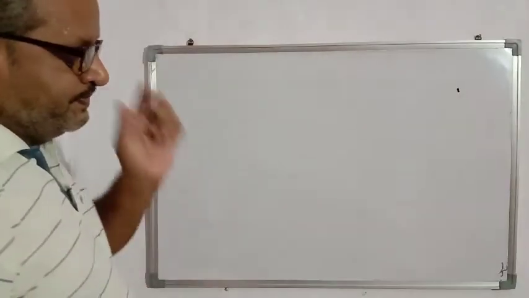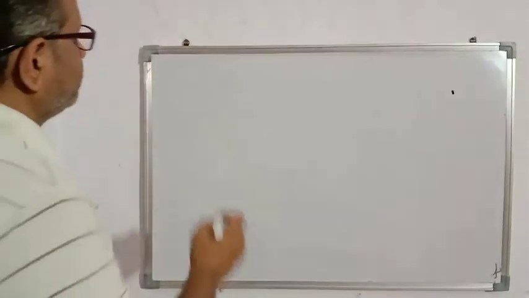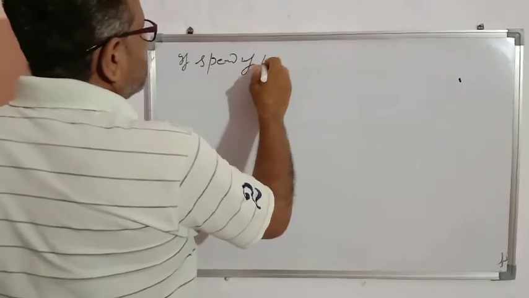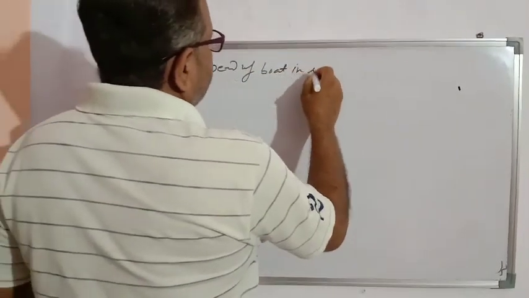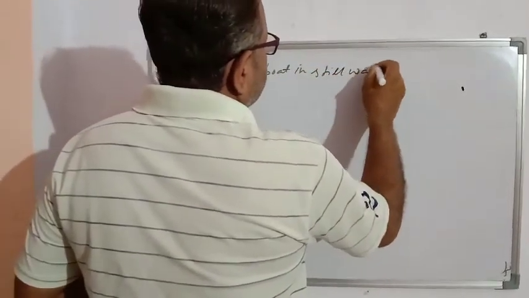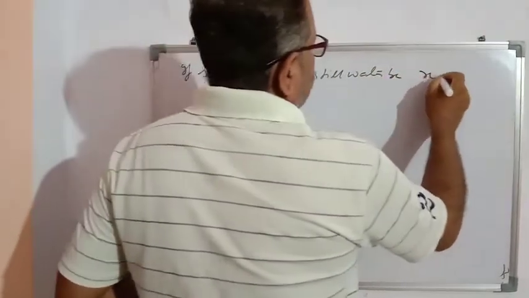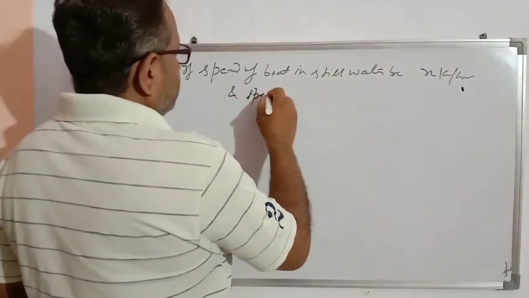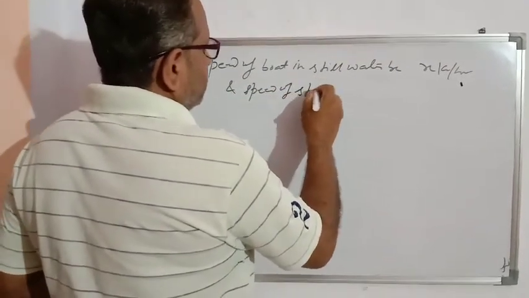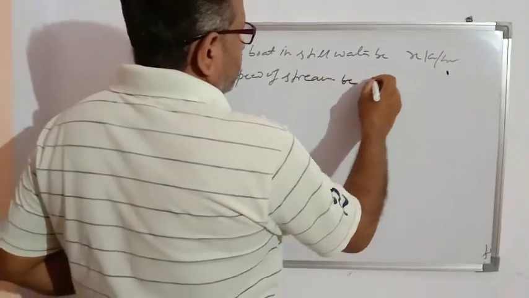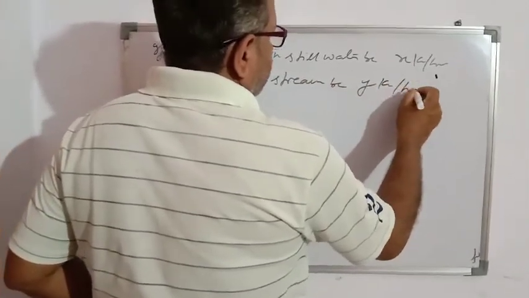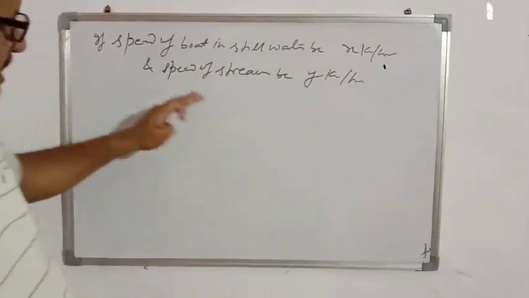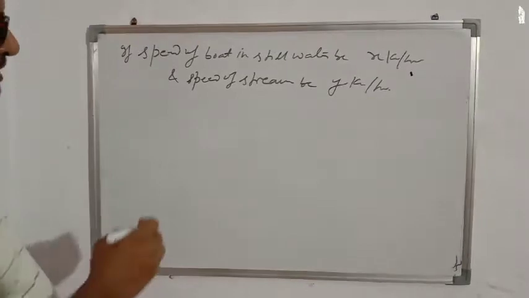y. Speed of boat and stream related problem. If the speed of the boat in still water is x kilometer per hour and the speed of the stream is y kilometer per hour, then